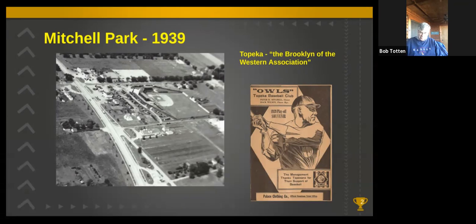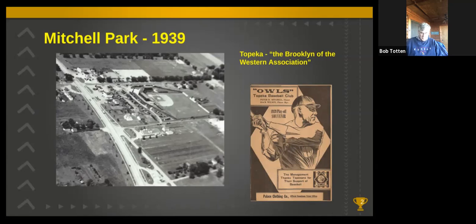Built his ballpark for $16,000 using lumber that he salvaged from the old city hall that was being demolished at the time. And in all modesty, he named the park Mitchell Park. After World War II, the ballpark was renamed Owls Park. During the time that the Hawks and the Reds played there, it was known as Community Park. It had a wooden grandstand that seated about 3,000 people under a roof, and it had bleachers down both lines.